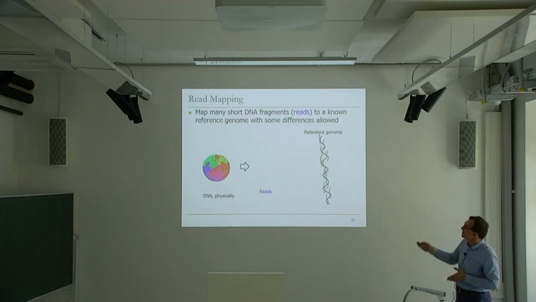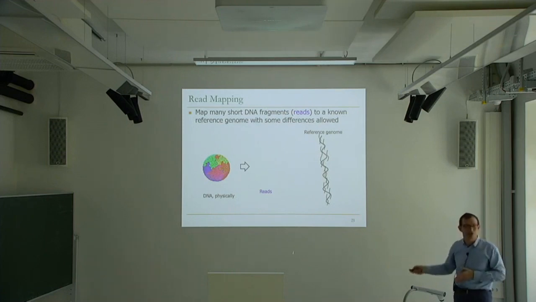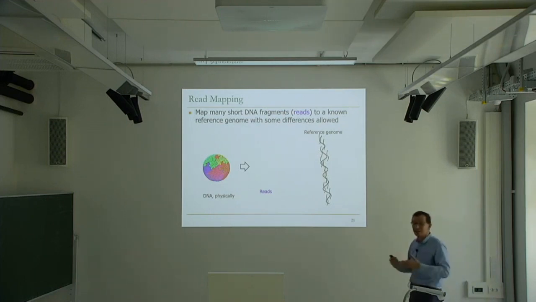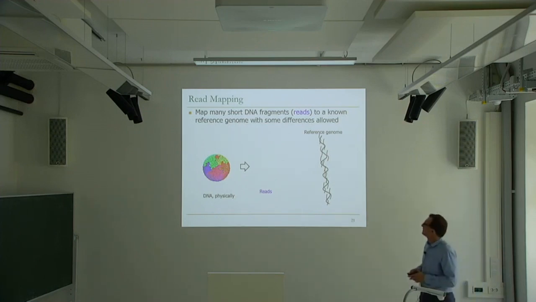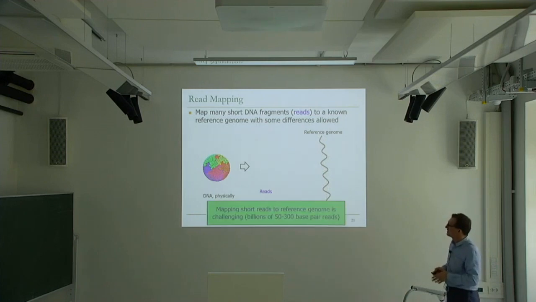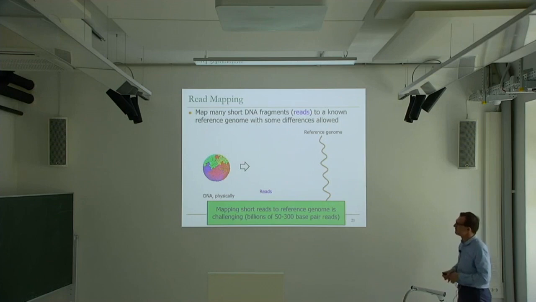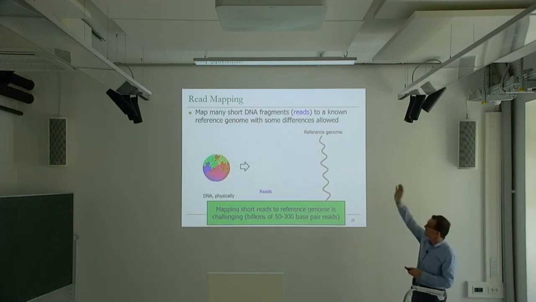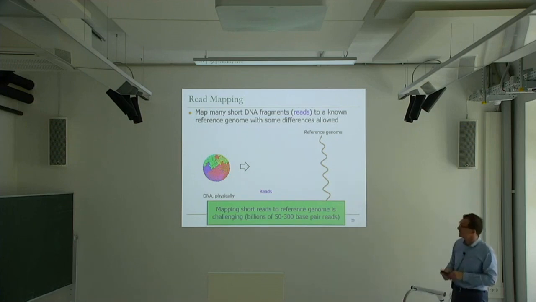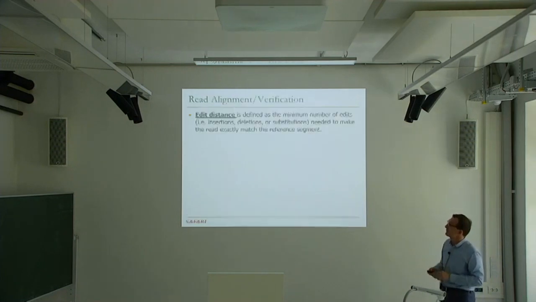Clearly, it's not an easy problem because this sequence may exist in many, many locations over here, right? And you would like to ideally identify all possible locations and eliminate the ones that don't make sense. It's fascinating, but I cannot go into a lot of detail. If you're really interested, maybe we can reserve a lecture at the very end to talk about this. But basically, this is challenging because you have many, many short reads, and you have essentially billions of 50 to 300 base pair reads. And you don't do it only once, actually. You need to do it many, many times for a single DNA because you get errors, and you would like to do this many, many times to build confidence.